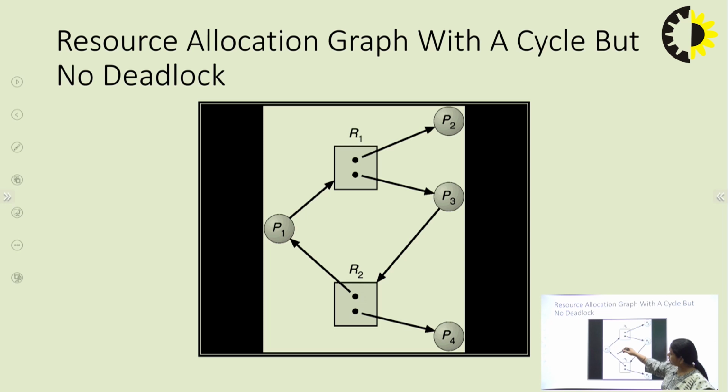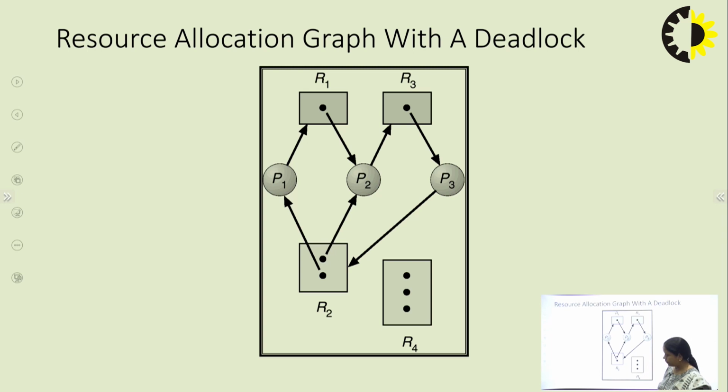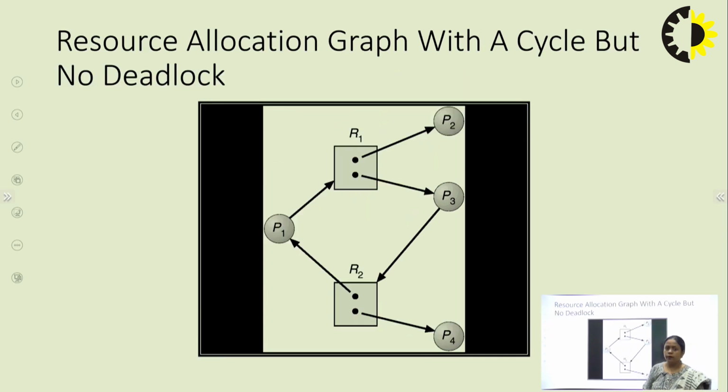One instance of R2 is assigned to P1, and P1 is requesting R1. One instance of R1 is assigned to P2, and one instance is assigned to P3. Now P3 is requesting R2 again, and one instance of R2 is assigned to P4. There is a cycle between these processes, but we don't have deadlock here